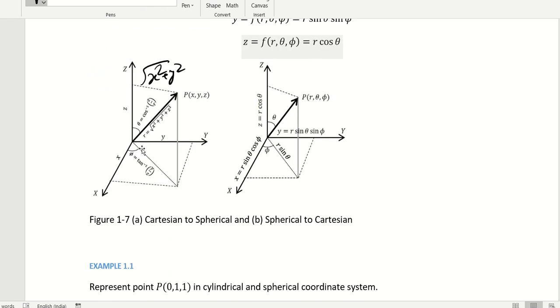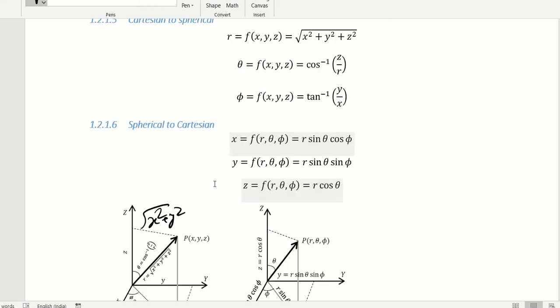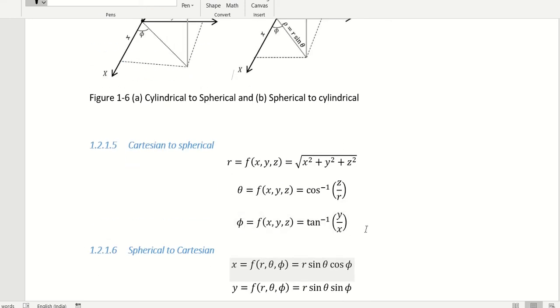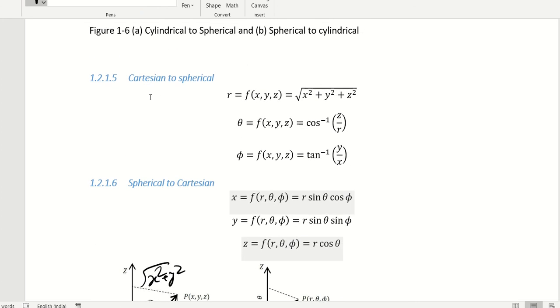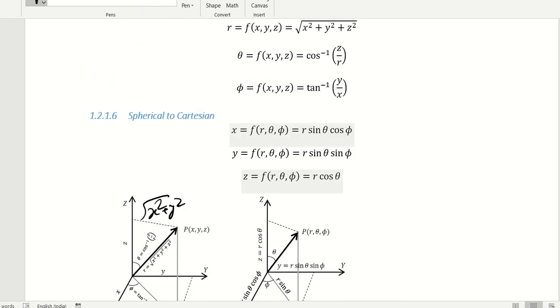this angle. So this angle is what? If we see tan phi, so tan phi is perpendicular by base. So tan phi will be y by x. So it is basically tan inverse y by x. So you don't have to remember what is the phi value from Cartesian to spherical. You just put a point like in your coordinate system.